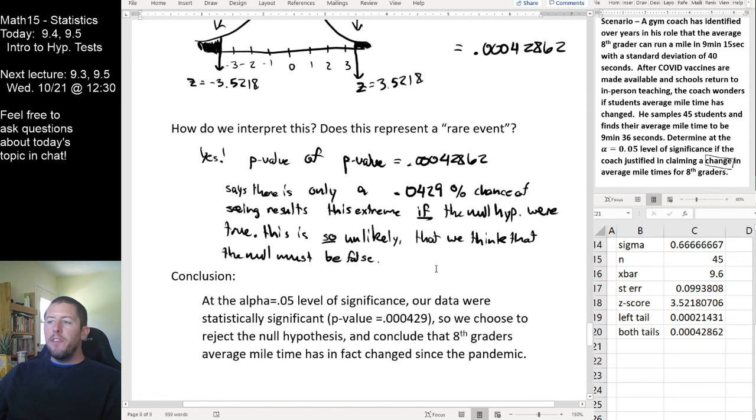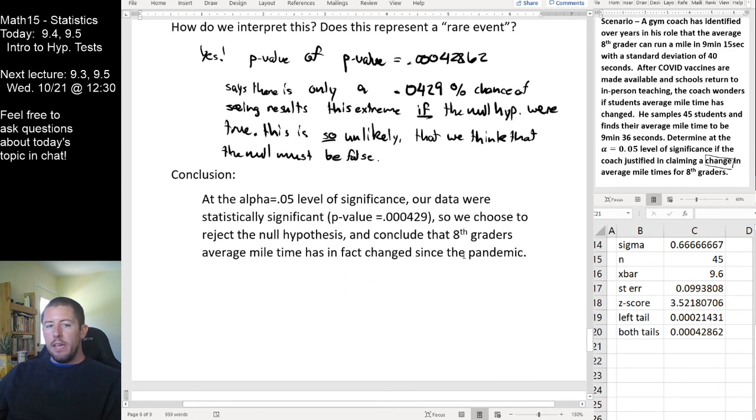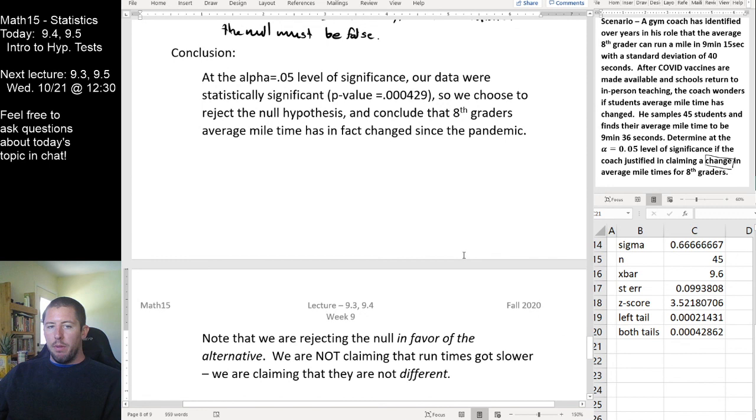So even though it probably feels to you like our runners got slower because their mile times got longer, we are not making a claim about the sample. We are only making a claim about whether or not H naught was true. Here we said H naught isn't true because this sample would be wildly unlikely if it were, and so therefore HA is true. The average runtime is different than 9.15, and that's the only thing that we can really get away with claiming